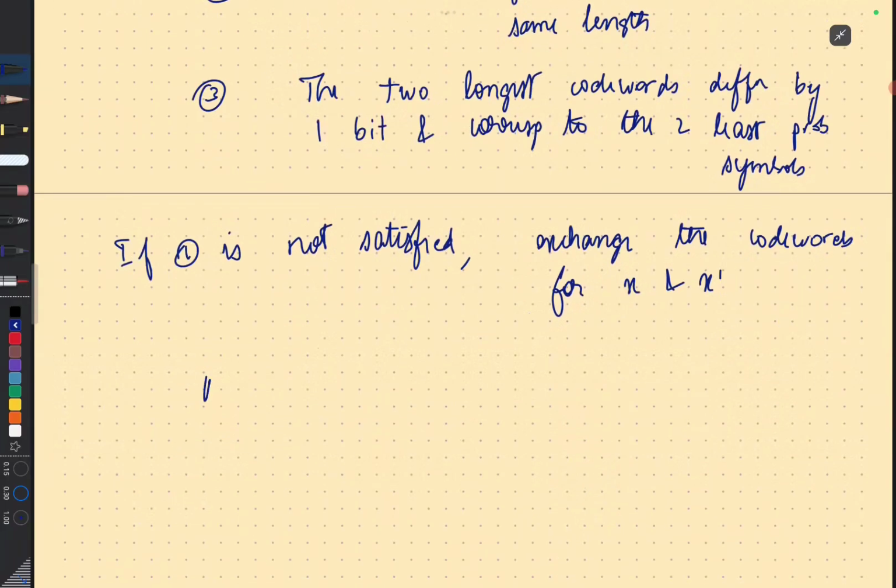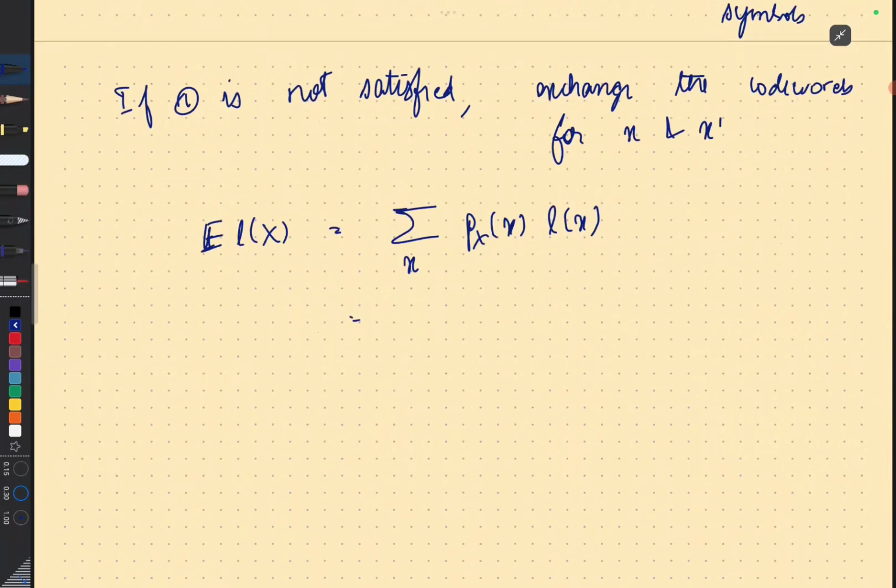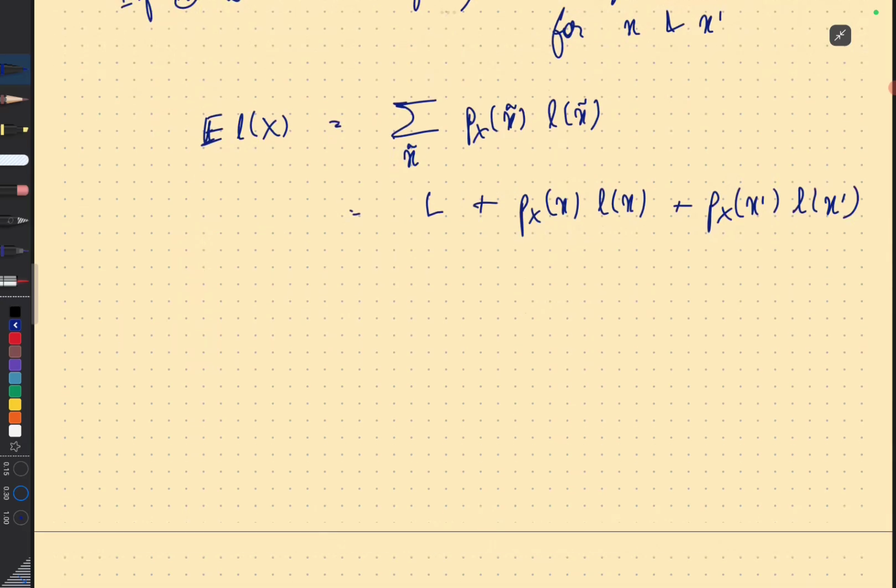So the original expected length is the sum over all x of p of x L of x, which I'll separate out, which is some quantity L plus p of x L of x plus p of x prime L of x prime. If I exchange the two code words, then